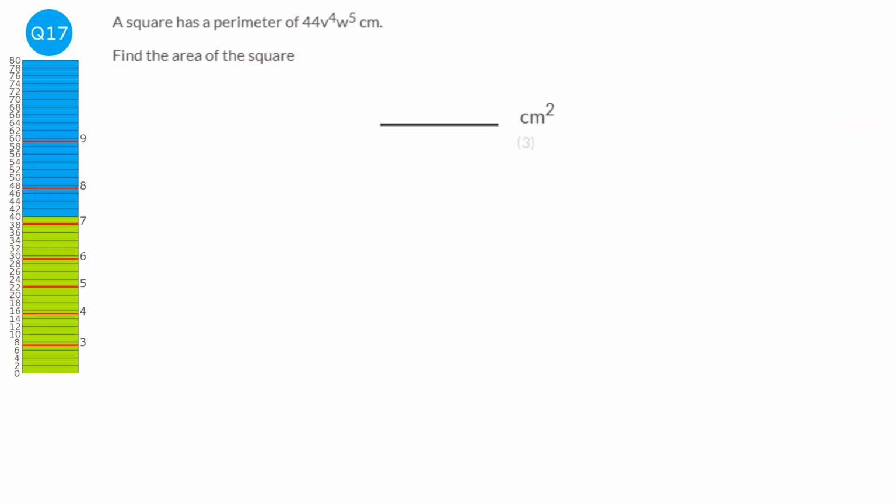So we need to first of all work out what the length of the side of the square is. And to do that, what we do is we get the 44v to the power 4 w to the power 5, and we just divide it by 4. And to do that, all we need to do is just divide the coefficient by 4. So it'd be 11v to the power 4 w to the power 5. Some people will try and do something with the v to the power 4 w to the power 5, but